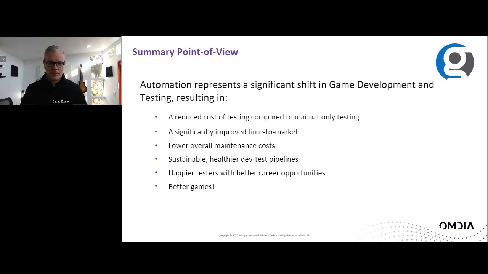And this all ties back to Metacritic scores and reviews, which, for better or worse, shows that people are interested in all kinds of content, but it really requires that the game be polished and delivered at a high level of quality. Now, until now, only large studios could afford to invest in test automation.